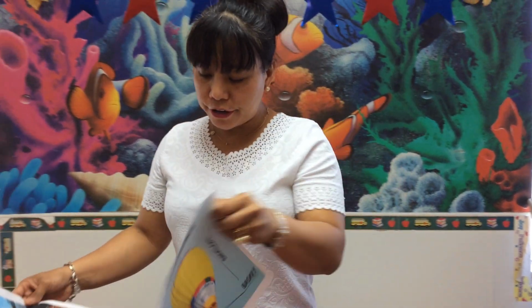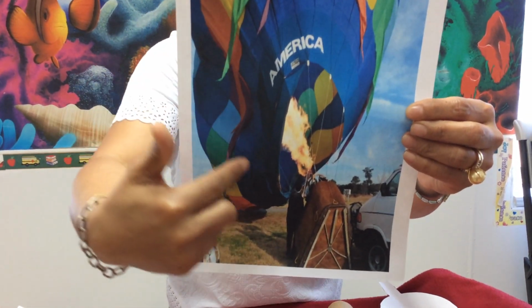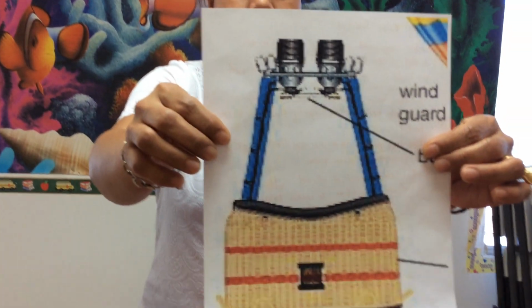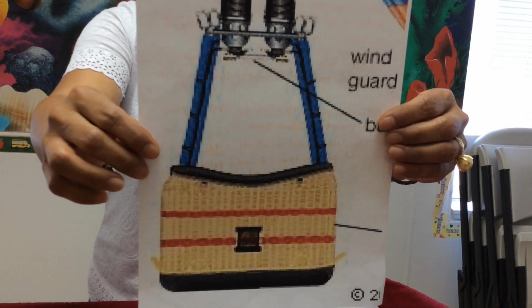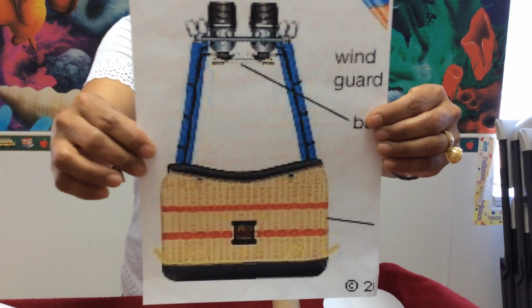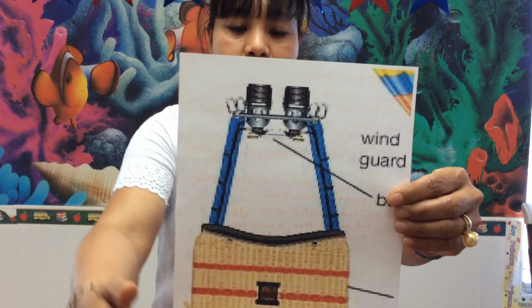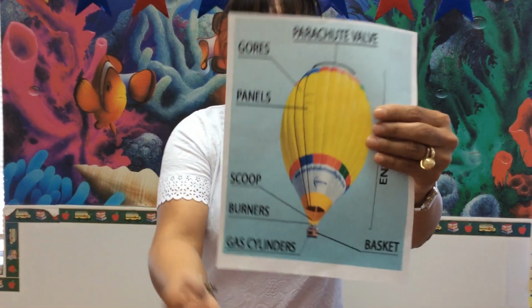Okay, so first, this is how the balloon itself looks. The second part will be the basket. This basket is called a wicker basket. This is another component of the hot air balloon at the base of the hot air balloon. If you see it in the base, just like what I have shown you, this one is